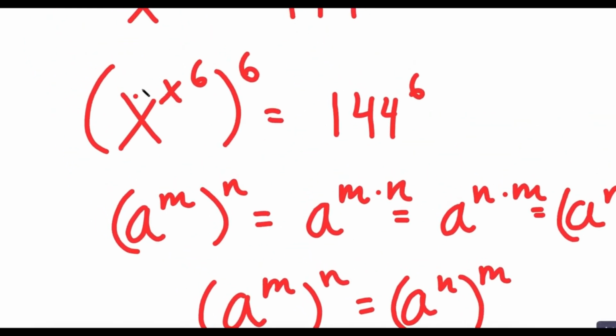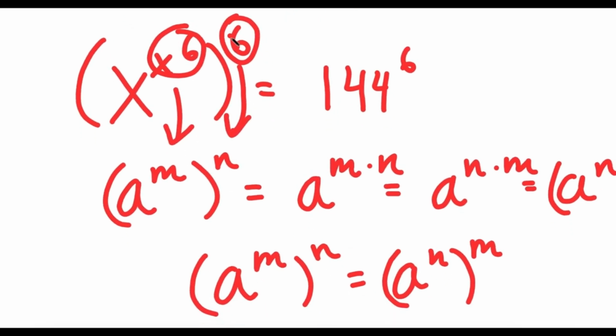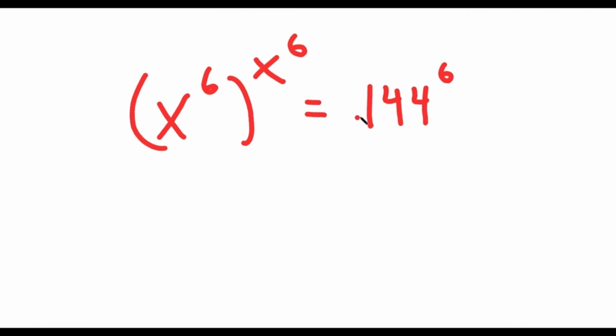So now that we know this, we can think of x to the power of 6 as m and 6 as n. And using this property, I'm going to switch these two places. So now I have x to the power of 6 to the power of x to the power of 6 is equal to 144 to the power of 6. So now from here,